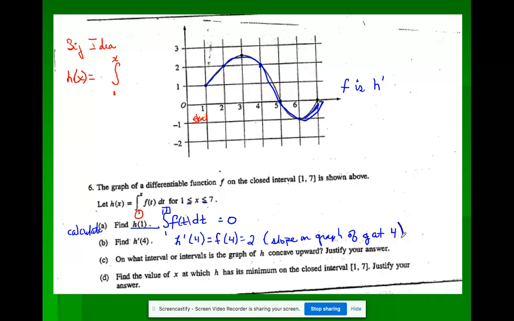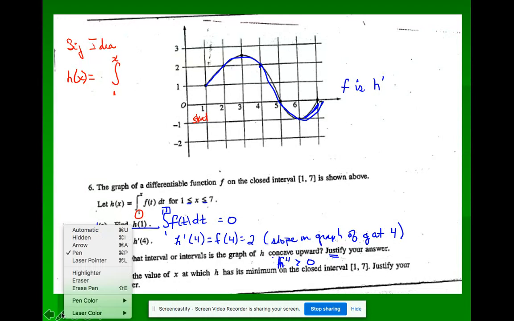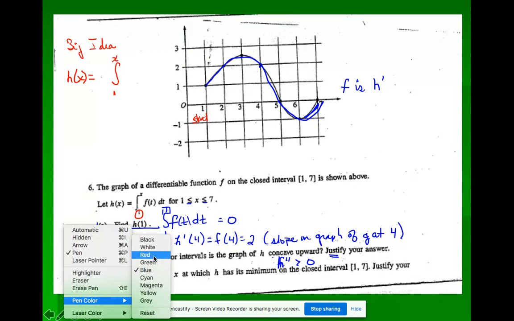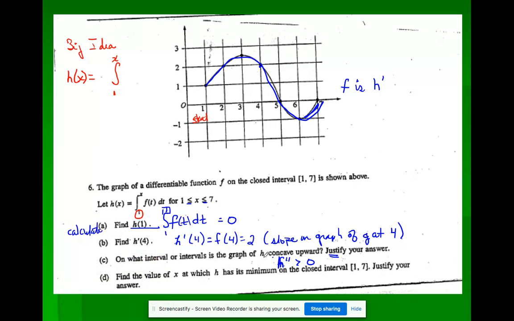On what interval or intervals is the graph I don't see concave up? Concave up goes with h double prime being positive. And they want me to justify my answer. So here's what they want to see out of that. Where is h concave up? The answer to C is, since